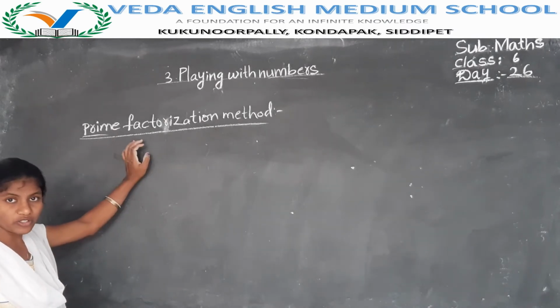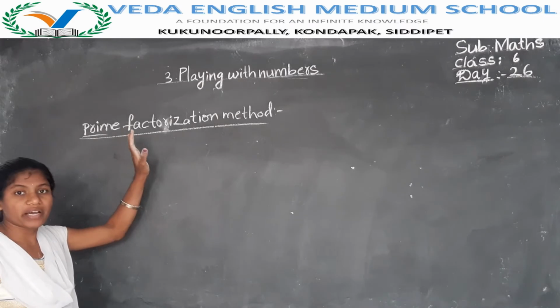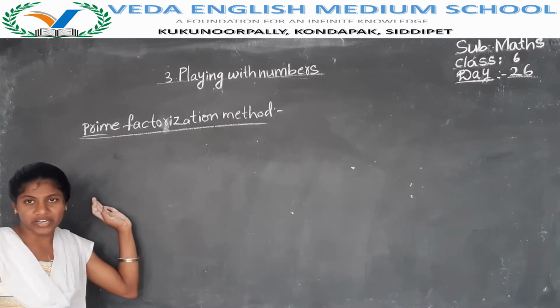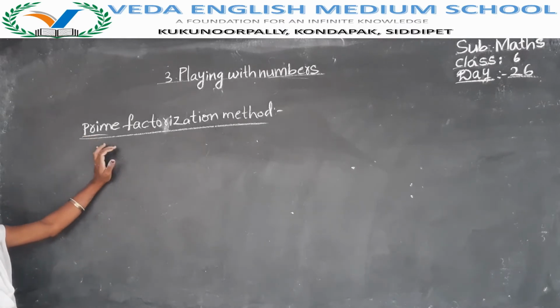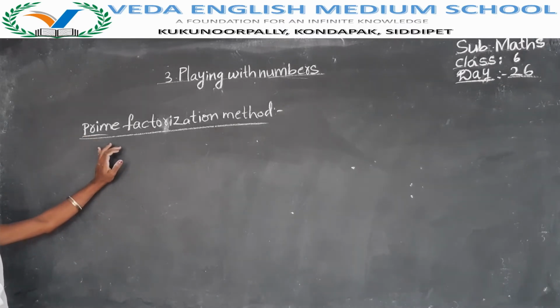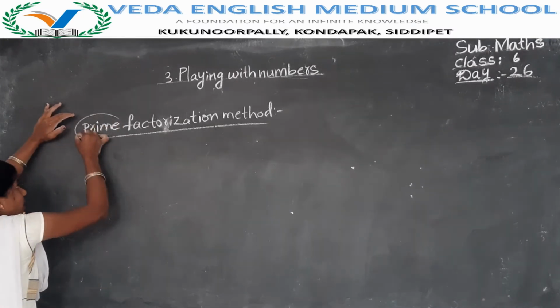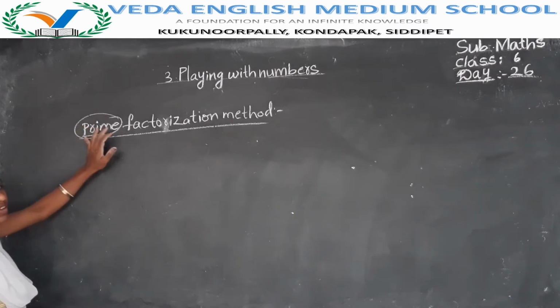Understand? The process of finding the factors by using only prime numbers is called the prime factorization method. Once again, the process of finding the factors by using only prime numbers. Why am I saying only prime numbers? Because here we are learning about